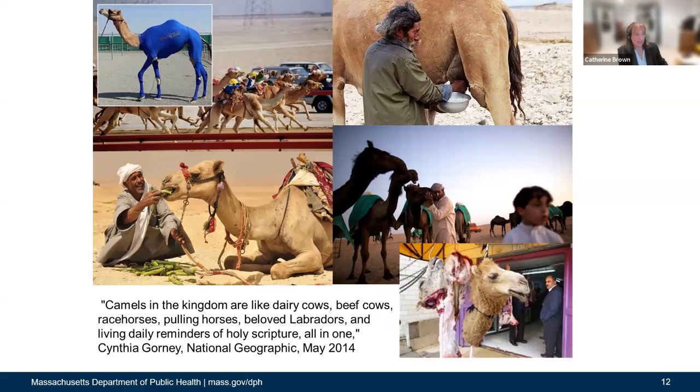This is one of my favorite examples. So camels in Saudi Arabia are like dairy cows, beef cows, racehorses, pulling horses, so workhorses, beloved Labradors, and living daily reminders of Holy Scripture all in one. And that statement really demonstrates exactly how important camels are to their culture and lifestyle. They really do almost everything